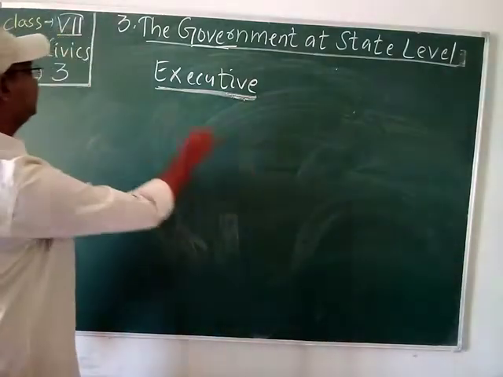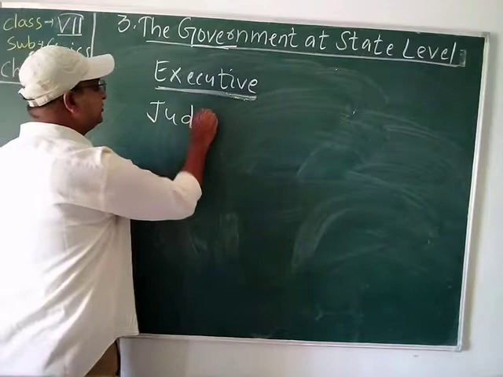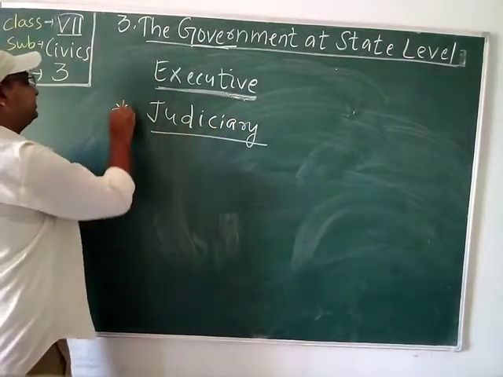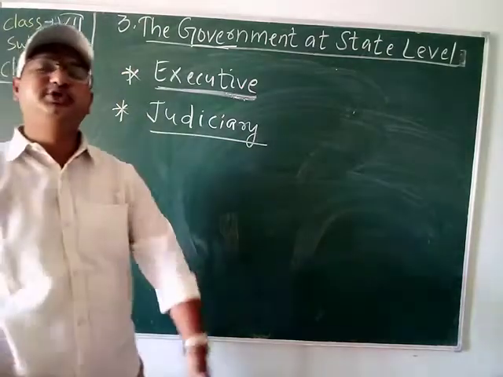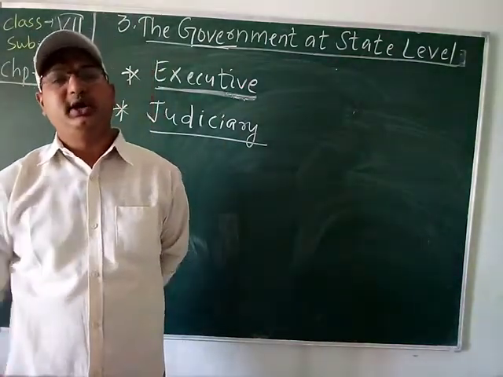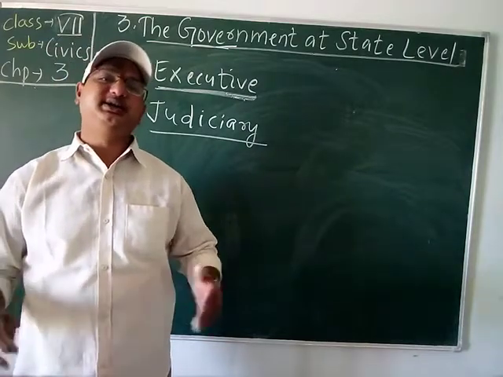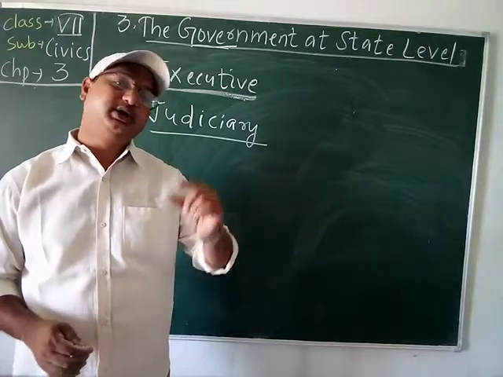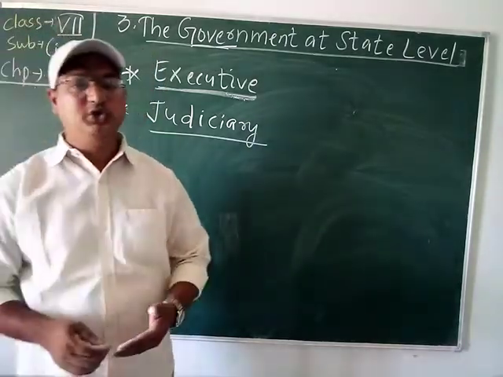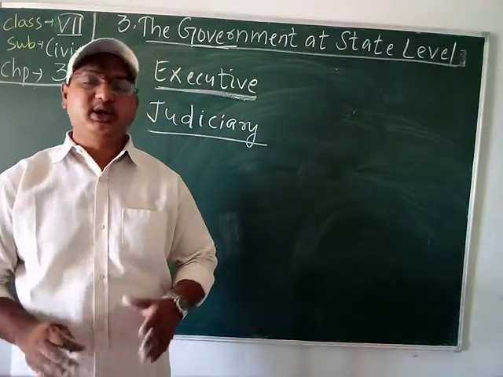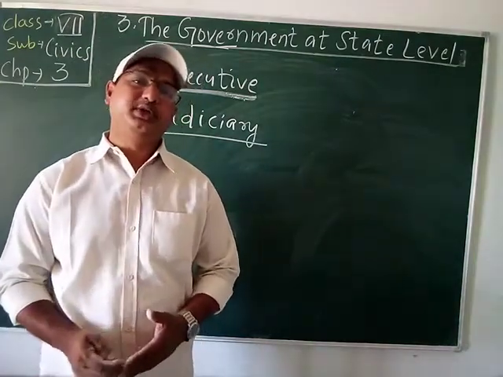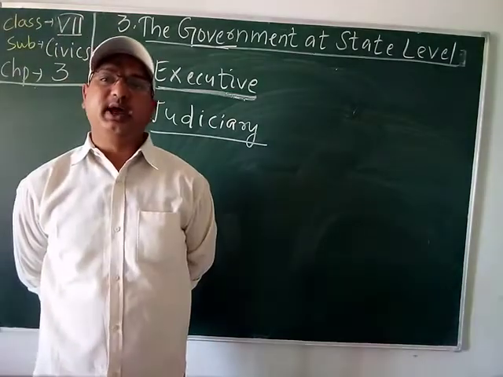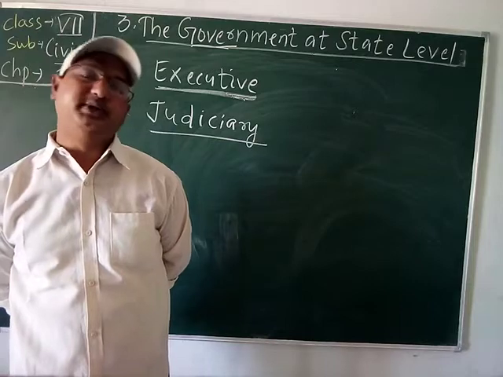The last section is the judiciary, students. So what is the work of judiciary? To give justice to all, irrespective of caste, creed, gender, income, economic status. All should get justice. And now the famous slogan, as I have told you earlier, justice at doorstep. Different types of courts are being opened throughout the district to ensure justice to all. And the judiciary's function is to interpret the law.